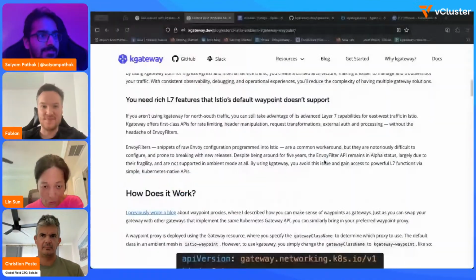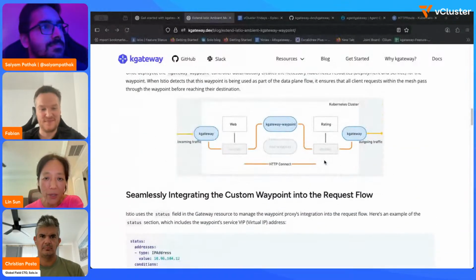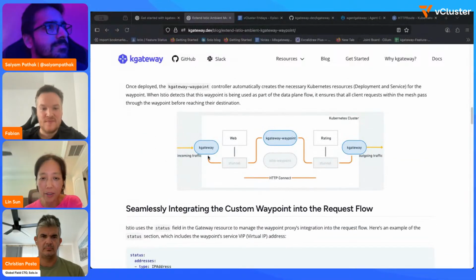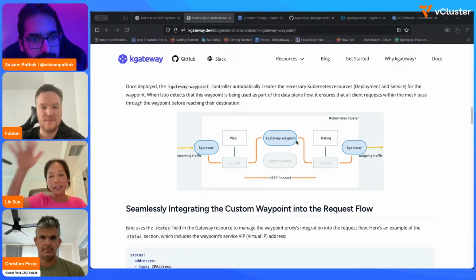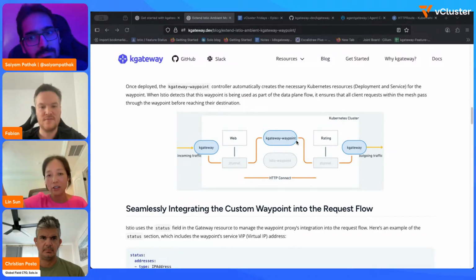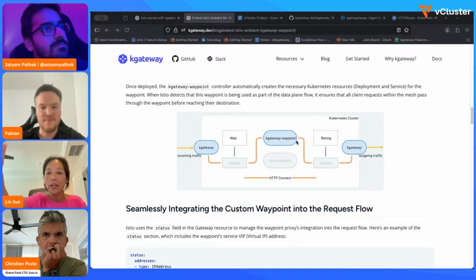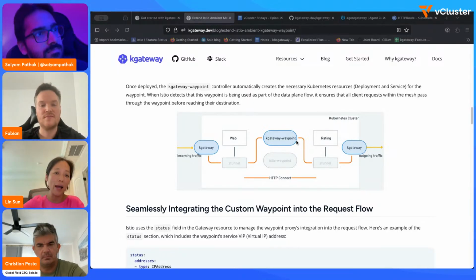Yeah, that's a great question. So I'm going to continue sharing my screen then. I find it's so much easier to answer a question and share the screen. We do believe kgateway and Istio can work easily together, especially in ambient mode. Fabian, I think you're pretty familiar with ambient. We talk about ambient as a layer 4 architecture, which is the zero trust tunnel, and the layer 7 architecture is the waypoint proxy. So kgateway can be easily plugged in as a waypoint into Istio ambient.